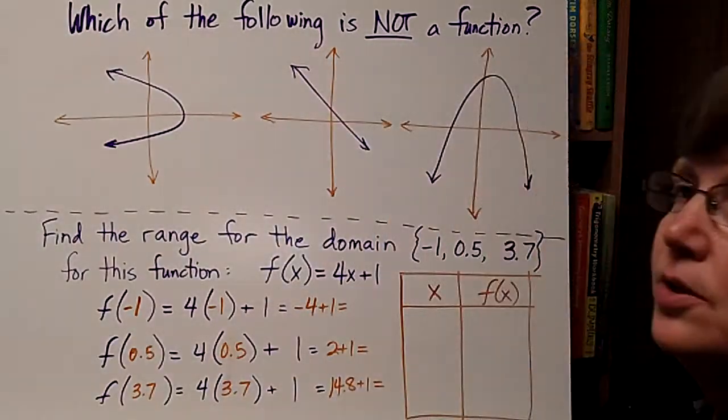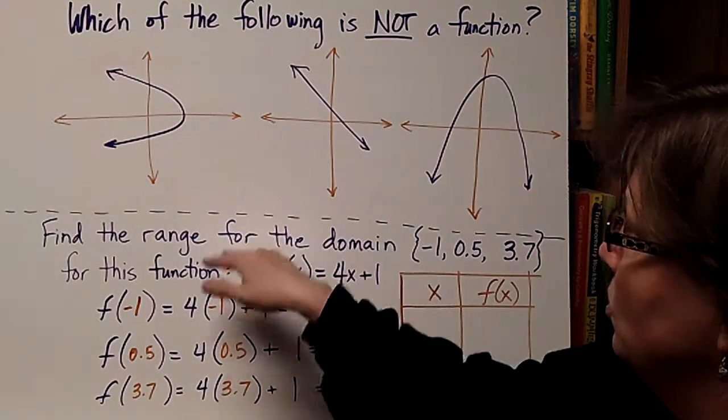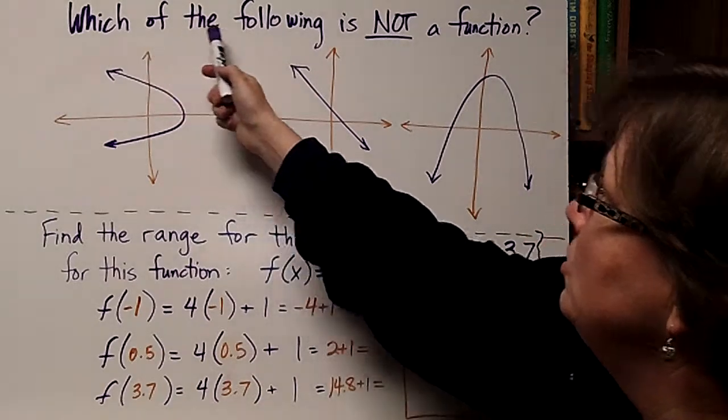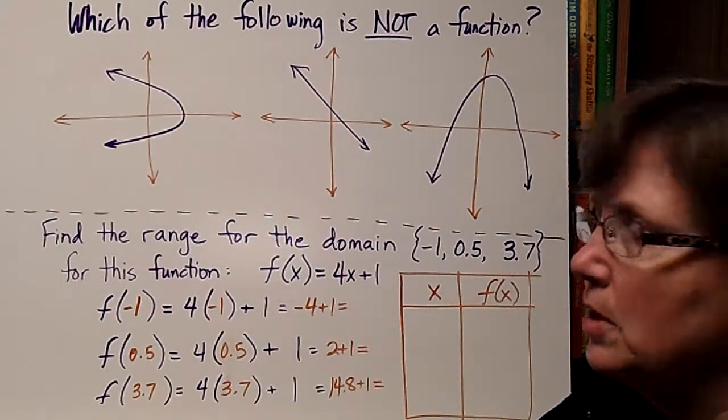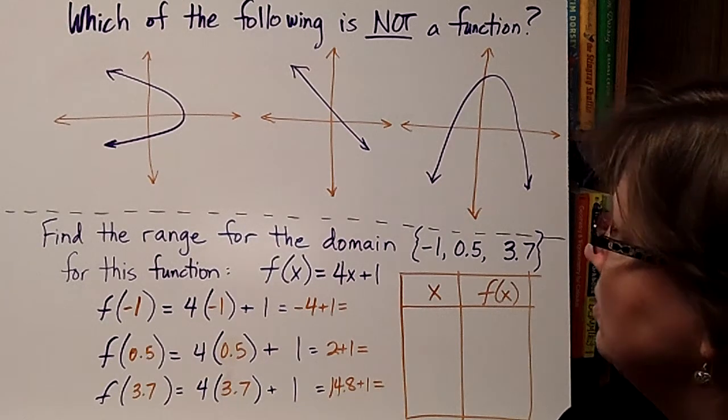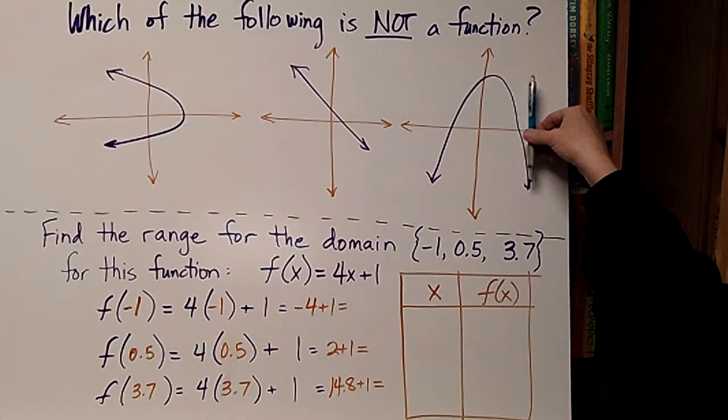Okay, let's test ourselves a bit. Got 2 different items. The top one. Which of the following is not a function? On these graphs, it would be simple to use a vertical line test. Going from the right to the left,